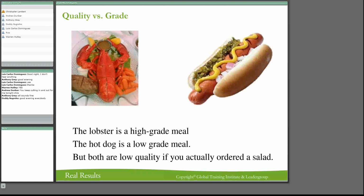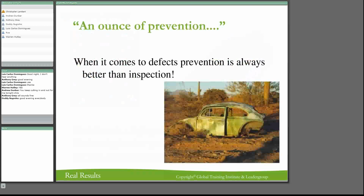The next thing that we need to look at when we're looking at quality is this whole idea of an ounce of prevention. Is testing good enough? Well, when it comes to defects, prevention is always better than inspection. Inspection costs money. So if you can plan for defect prevention, then it is...